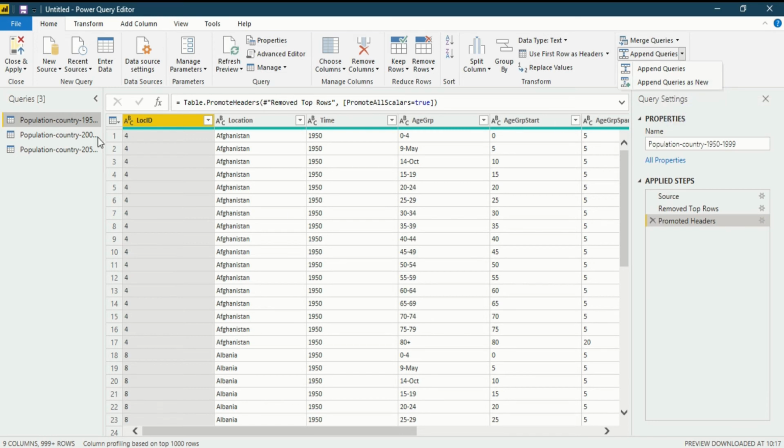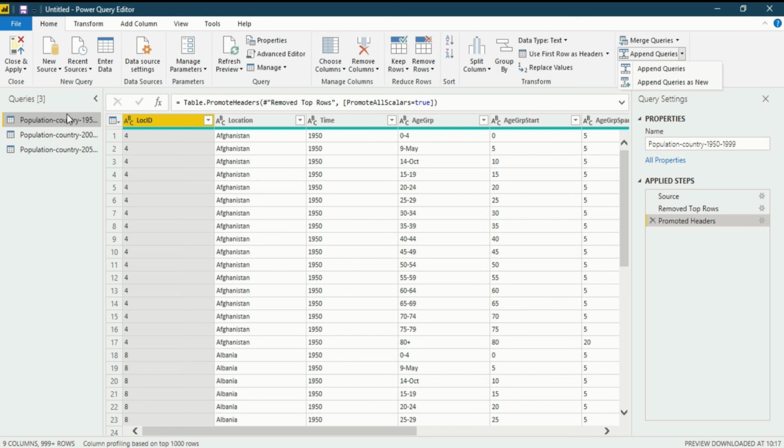That means when I combine the data using Append Queries, the appendation that happens will not generate a new query. The data of this query will be added to this query. So the previous data of this query is exactly the same, but the new data has been added.